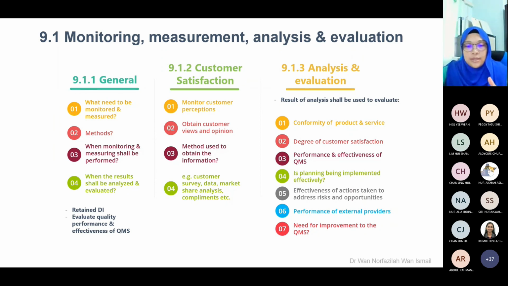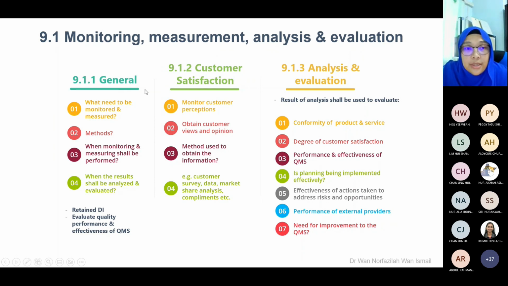They are going to look at the results of the pH meter, and then compare and do the analysis using statistical analysis. For example, compare the standard deviation of your technical skill on the first day and after 6 months. That is how they do analysis. Evaluate whether you still need further training or you already achieved the KPI and can now be a mentor to the newcomers. Something like that. Okay, that is under 9.1.